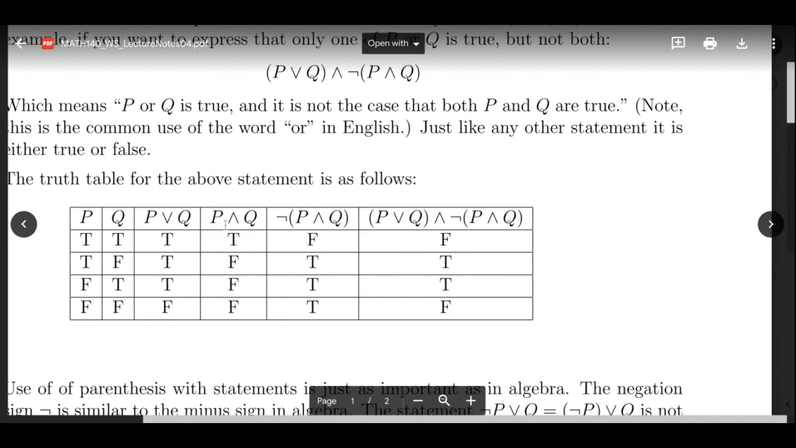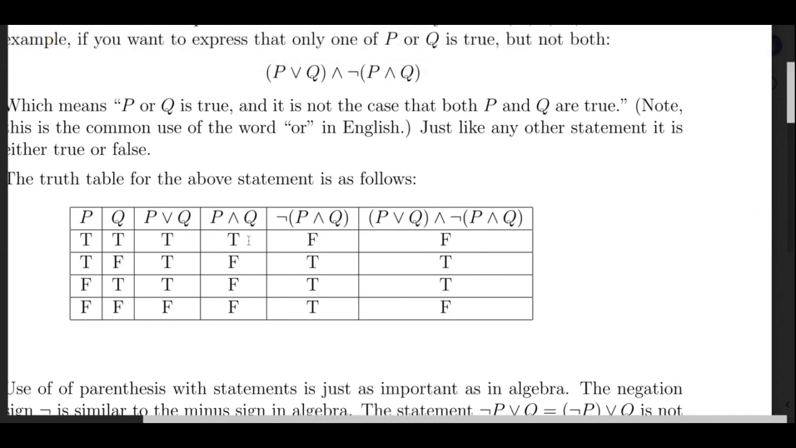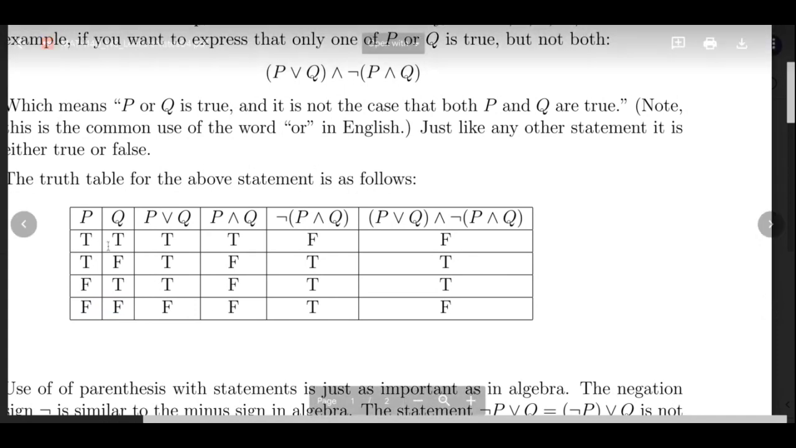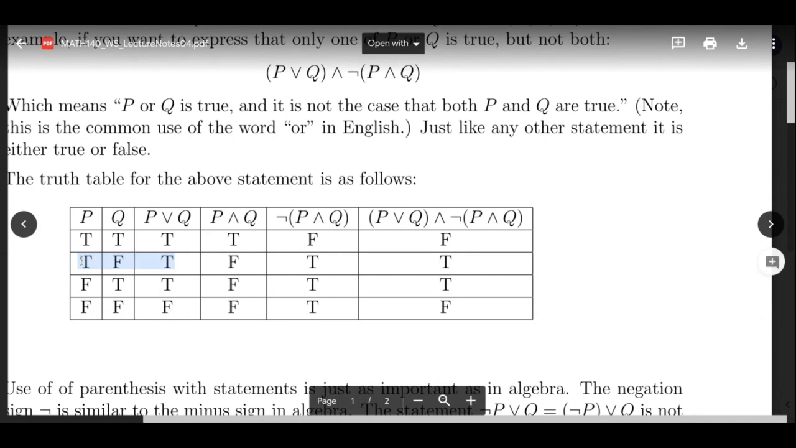P or Q means true. P and Q are true also. If both P, Q both false, then P or Q false and P and Q also false. So just the middle two, right? As long as one of them,